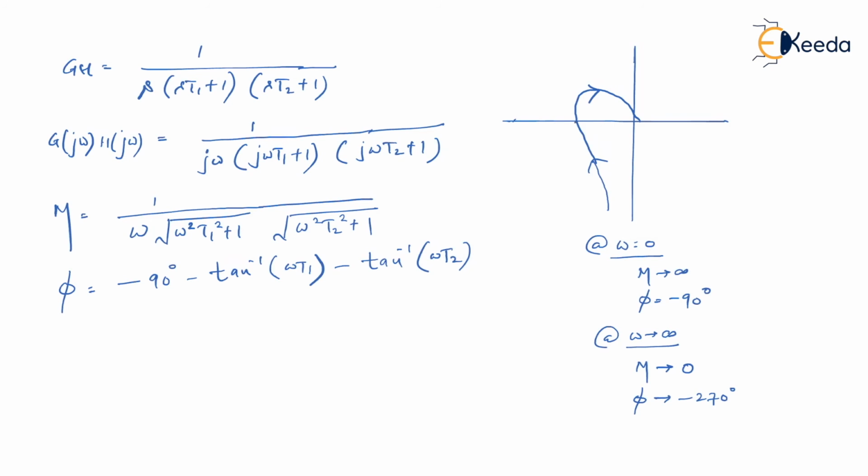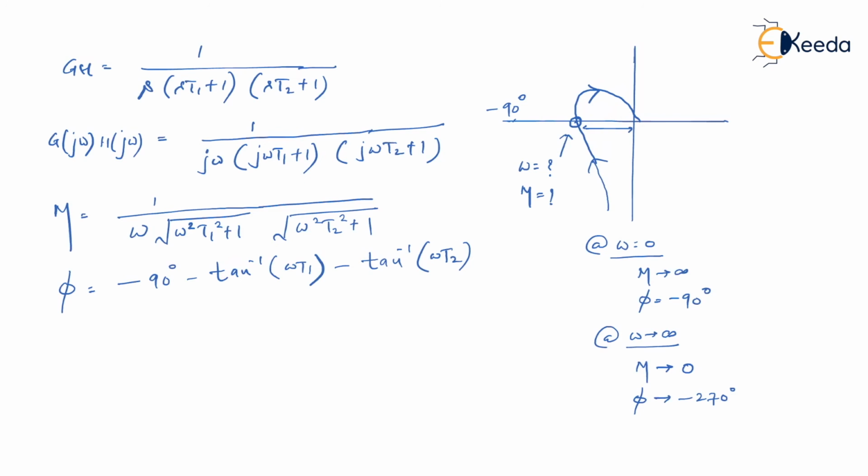Also, as you can see, there is an intersection point in this case also, where it is crossing minus 90 degree, so whenever it is crossing minus 90 degree, we can find the intersection point. At this point I can find omega also, and I can find magnitude also. For that I'm providing both the answers, for omega and magnitude. You have to cross verify this. Remember, the magnitude is nothing but the length from the origin.